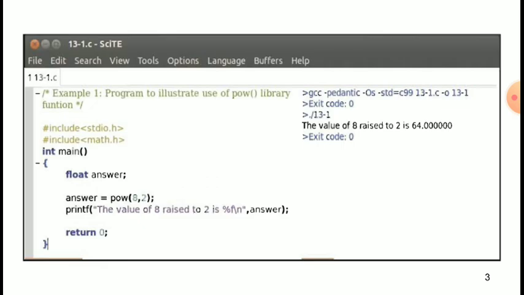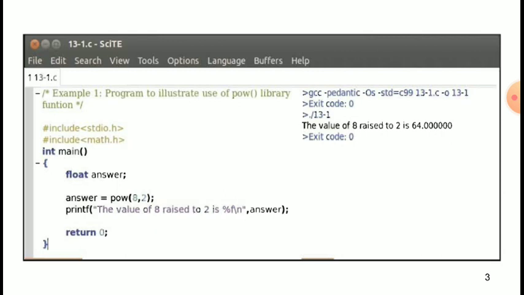So that is an example program to illustrate the use of the pow library function. #include <stdio.h>, #include <math.h>, int main, starting curly bracket, float answer. answer = pow(8, 2).